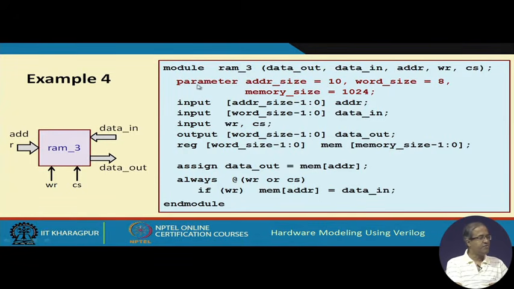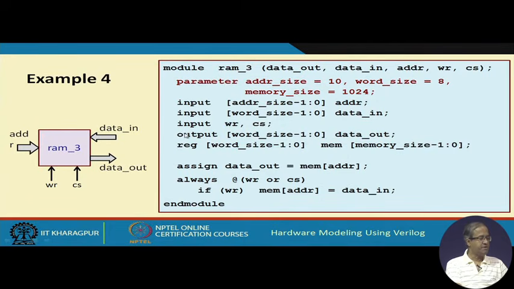Here we have used parameters to make our specification general. We have assumed the address size is 10, a 10 bit address, which means 1k words. Word size is 8, meaning 1 byte per location, and of course the memory size will be 1024, 2 to the power 10. The arguments are data out, data in,